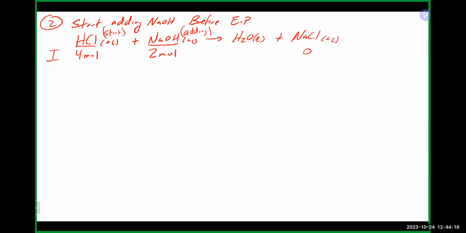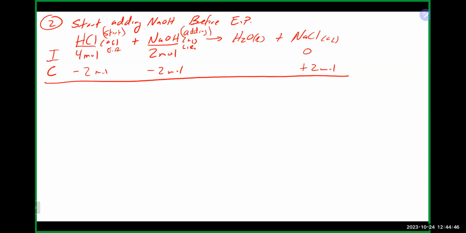I'm going to have nothing much going on this side. At this point, we're going to have a change that's going to occur. And the one that should get used up is the limiting reagent, right? That's the limiting reagent at this point, and that's our excess reagent. So the change here also needs to be, logically speaking, the smaller number. Otherwise, you end up with a negative number, which is not good either, right? So that is going to get us here 2 moles of this, nothing of that,